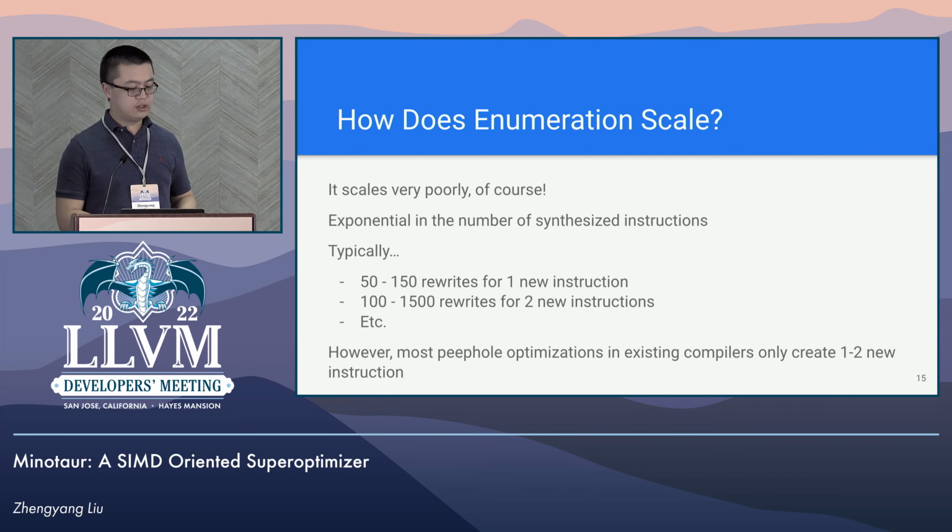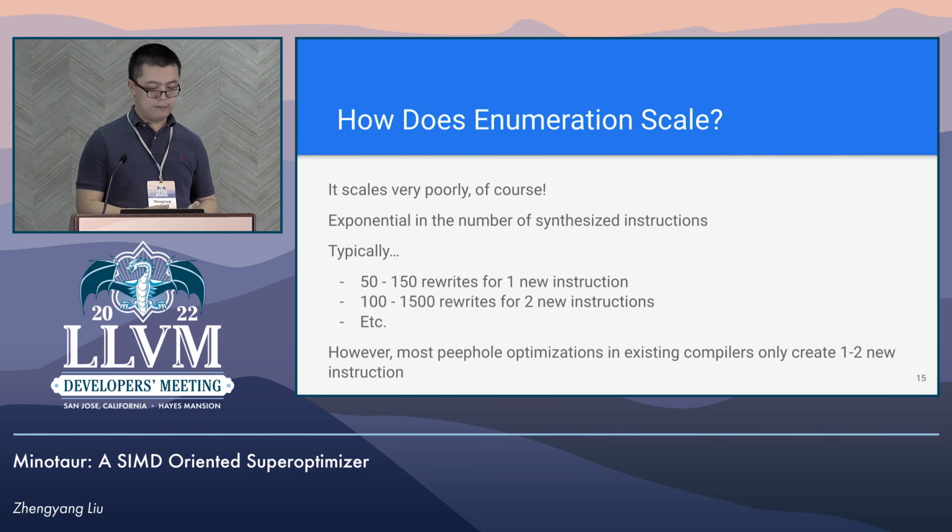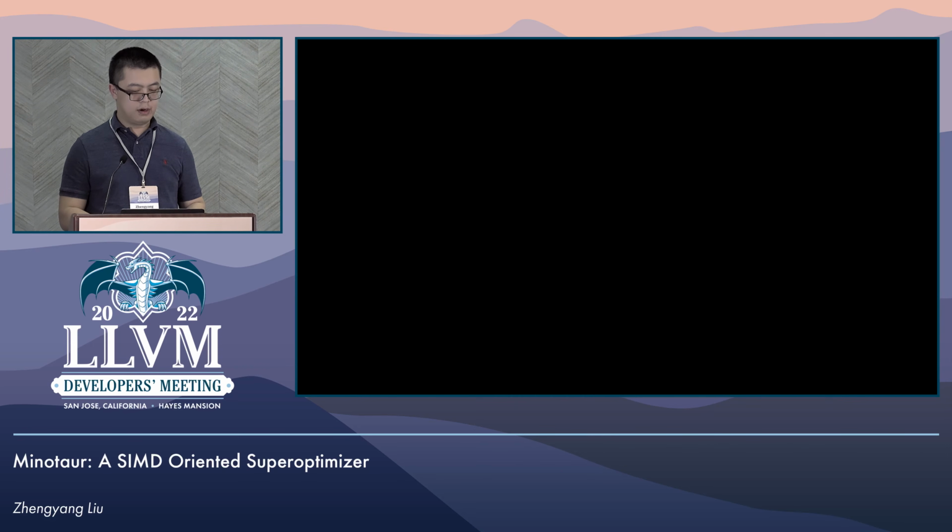It is an exponential algorithm, and typically, if we allow one new instruction in the right-hand side, we will be enumerating hundreds of rewrites. And if we allow 2 new instructions in the right-hand side, we will be enumerating 1,000s of rewrites. However, most real-world peephole optimization rules in major compilers are only creating 1 to 2 new instructions. And the 1,000s of rewrites is totally acceptable if we have,